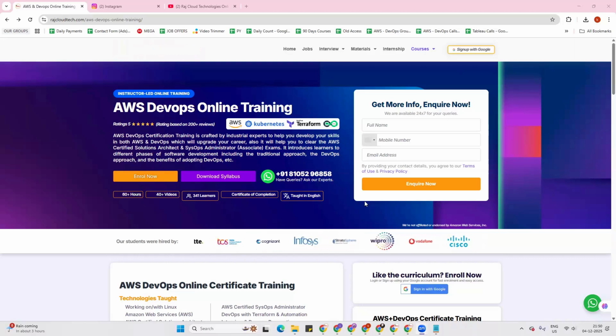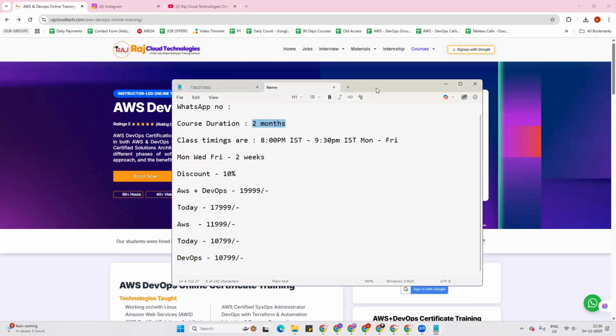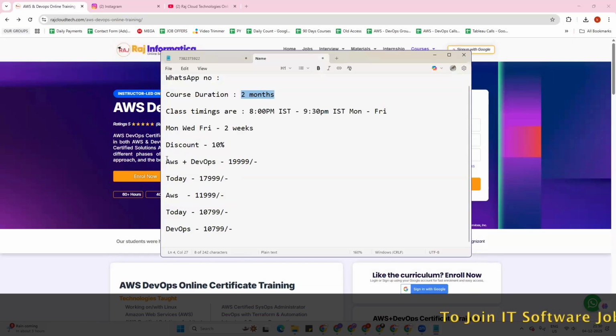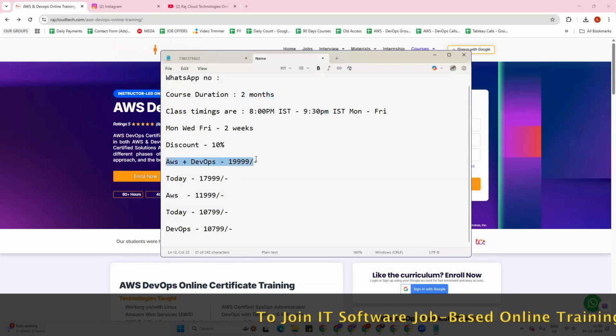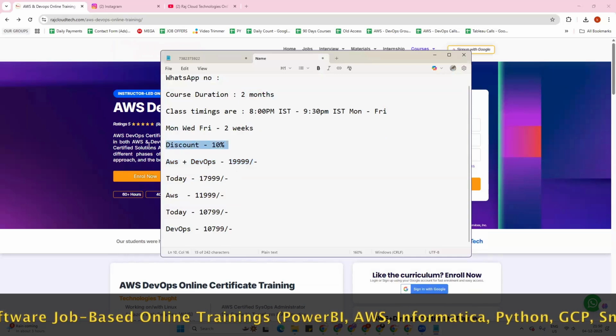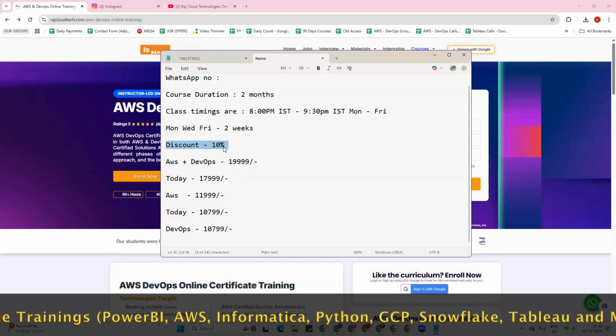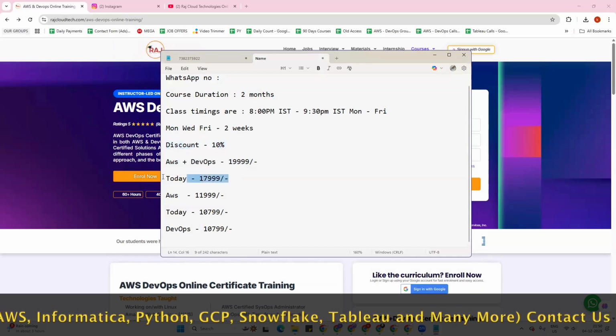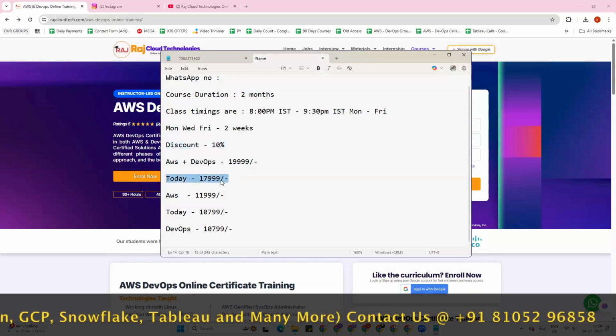Someone here is asking about the fee. Yes, Vasvi Garu, here is the fee structure for you. If you want to go for both AWS and DevOps, the course price is 19,999. But if you enroll today, you'll get a 10% discount, so the discounted price will be 17,999 for you.